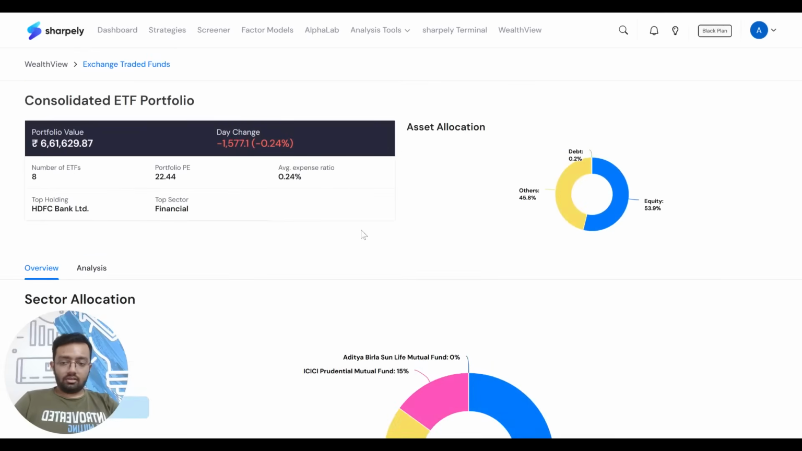So now the WealthView as a tool has become more complete compared to the iteration before, because now you have both deeper analytics for individual portfolio as well as a consolidated family portfolio for all three asset classes: stocks, mutual funds, and ETFs. So if you have not used this updated WealthView, then go and connect your ETF portfolio